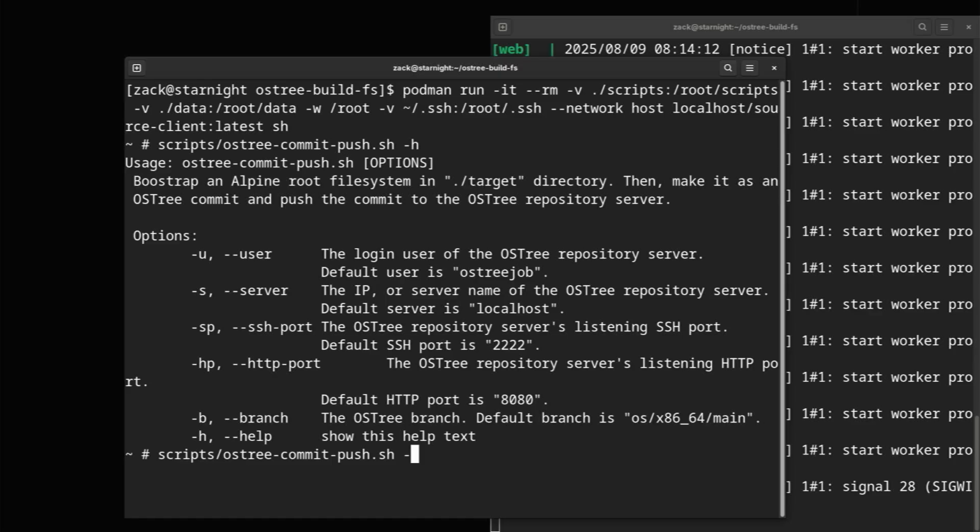The SSH user is ostree job, and the server is localhost. Port is 2222, and the HTTP port is 8080. And the branch is OSX